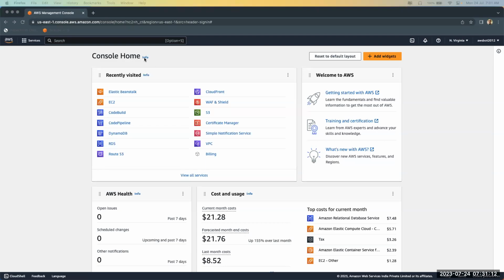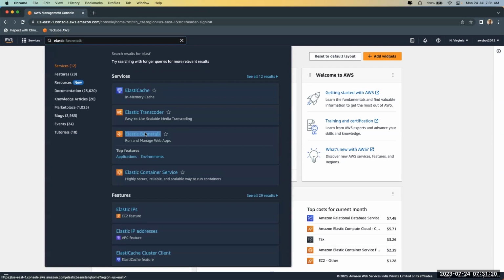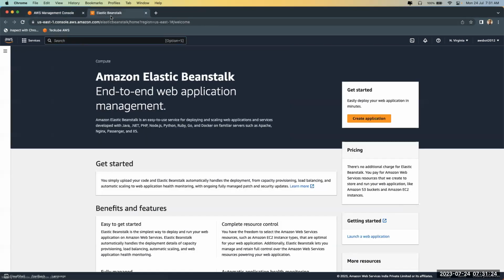So let's get started. We have also missed one part earlier where we didn't talk about Elastic Beanstalk. We'd be talking about that and then integrating it with AWS CodePipeline. So Elastic Beanstalk is just like your managed environment wherein you can go and manage your environment of a specific